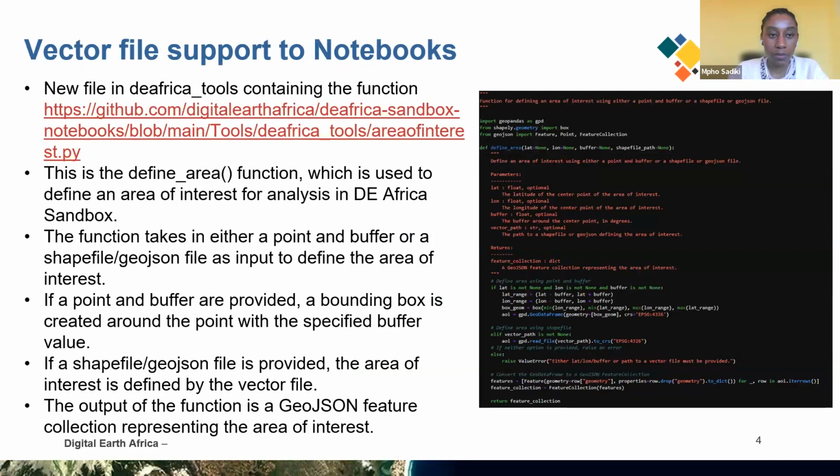So with the vector file support, we created a new function, which is in the DE Africa tools folder in the sandbox. It's called area of interest, and it contains a function that we call define area, which we use to define an area of interest for the analysis in the sandbox. The function takes either a point or a buffer to create the study area, or a shapefile or a GeoJSON. And as you can tell, I'm repeating this for the 100th time already, but that is the focus of